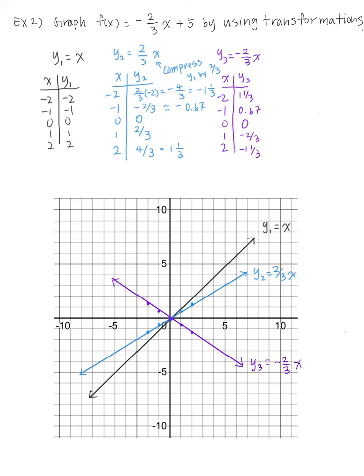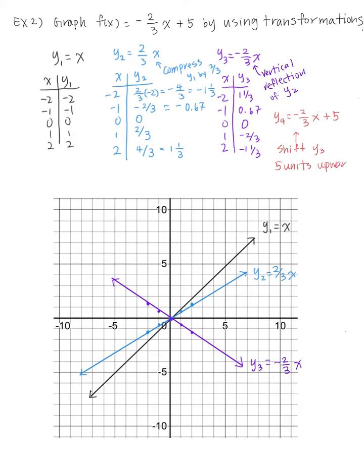So let me write this down. So our y3, what we did was vertical reflection of y sub 2, the previous graph. Okay, almost there. So now let's go with the last step, right? So y4 is -2/3 x and then +5. So that means what? You take y3 and bring each point 5 units upward. So I'm going to write this as shift y3 by 5 units